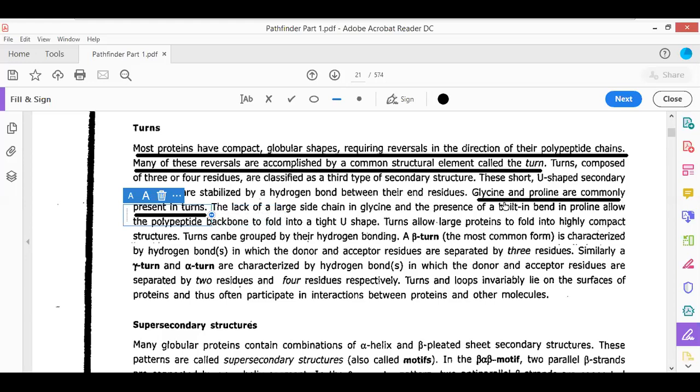Okay, now why glycine and proline? Firstly, glycine can fit into any conformation in the Ramachandran plot. Secondly, proline has an inbuilt turn within itself. If you look towards the structure of proline, you will find that this is the structure of proline. There is an H group, NH positive, and then it has a heart-shaped structure like this. So one polypeptide COOH group will be present here, COOH. Now see this, look here at the structure of this proline.